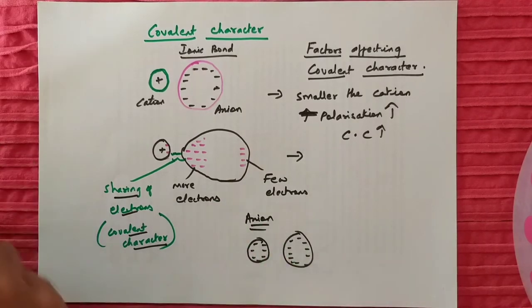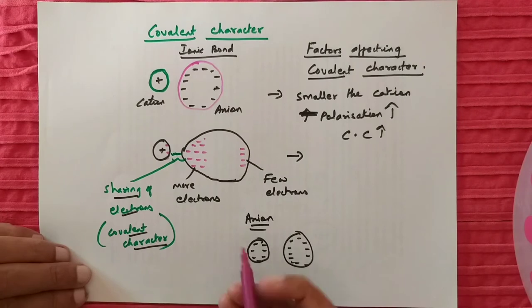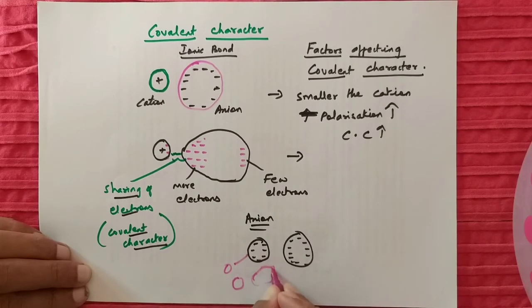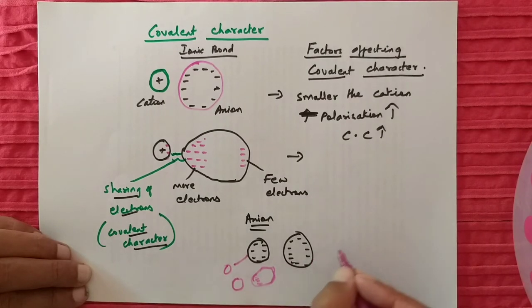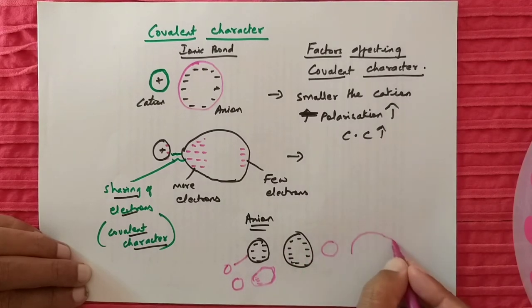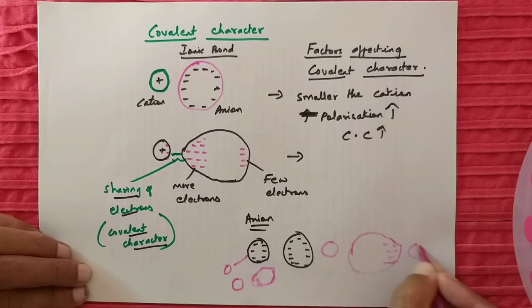So when I bring a cation here, it will pull electrons. But because only a few electrons are present here, we'll have the cation and the shape may be like this, with maximum some electrons here. But when I bring a small cation there, where more electrons are present, more electrons can move towards one side. So maybe I can make the shape like this, where I'll have more electrons here on the cation. So electron clouds should be more here.